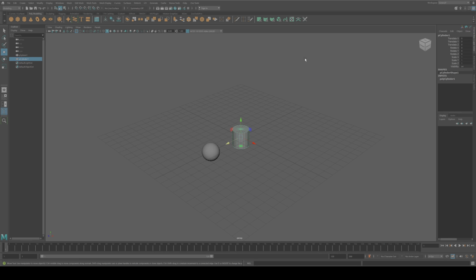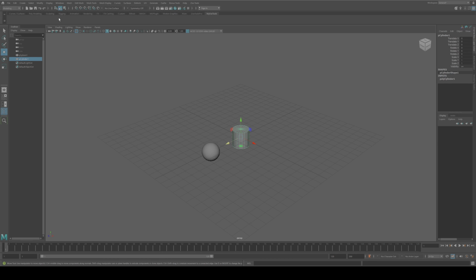To create your very own shelf tab, to categorize or for your own convenience, simply click on that icon here to modify or create and select New Shelf. Let's name it My Fav Tools. Okay, here you go. Your own shelf tab is born. It is for now empty, but not for long.